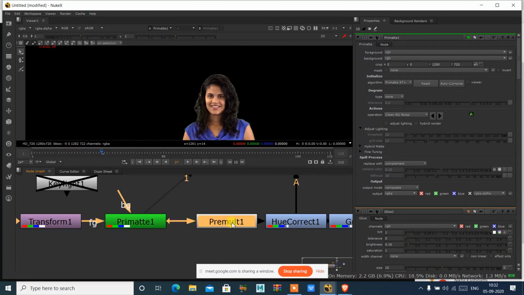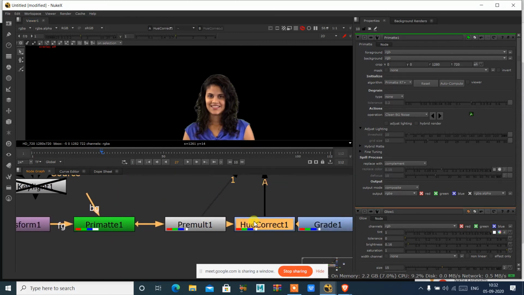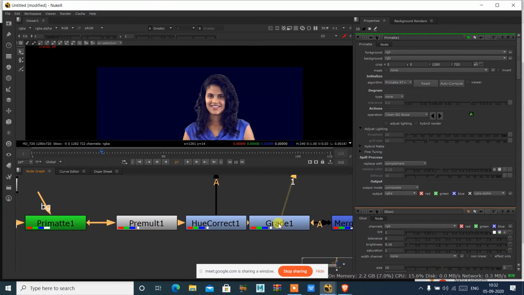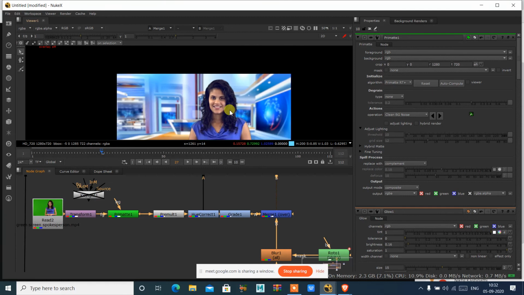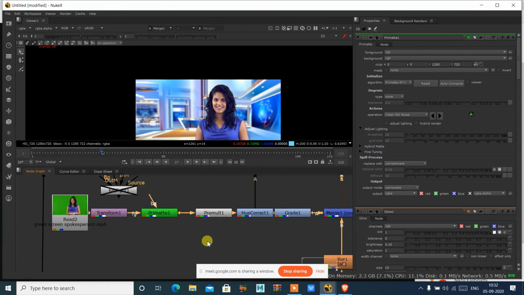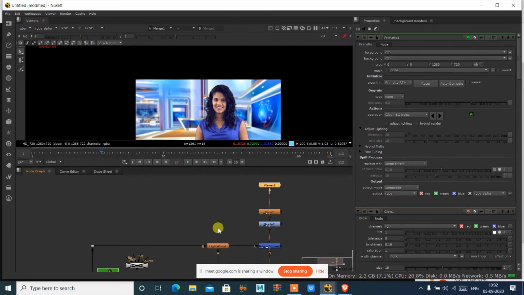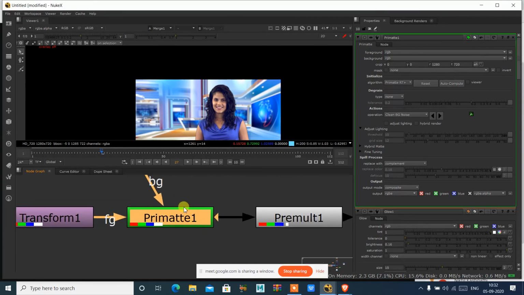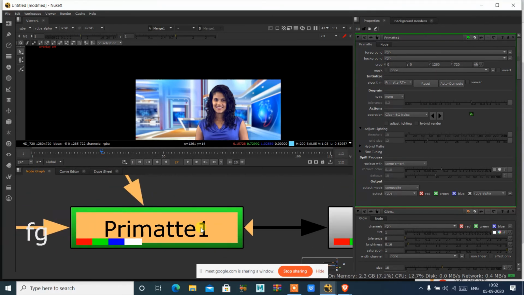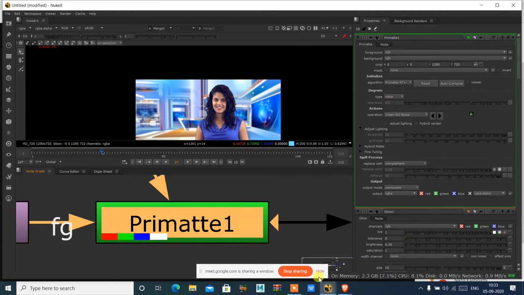After that, I'll use premult. After that, hue correct. After that, grade. Again, select this, press 1. When you are using the primatte, you have to use like this. There are very few options inside this primatte. Here also you have an option for spill suppression.